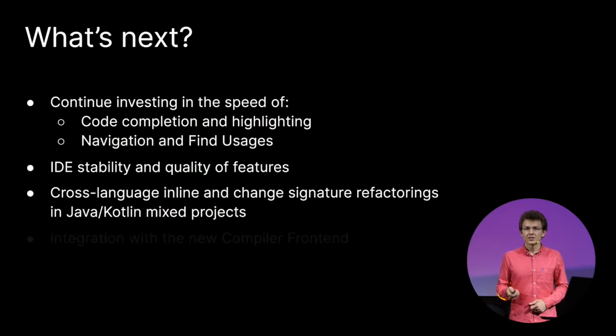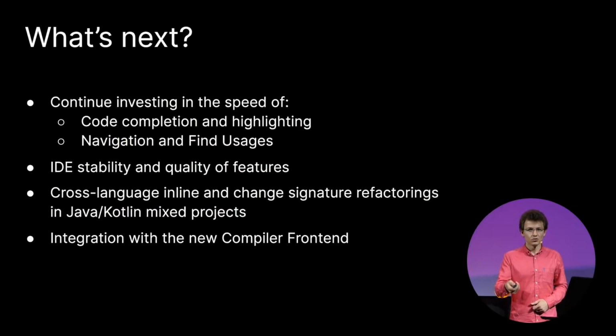You have probably already heard about the development of the new compiler plugin, new compiler frontend. One of its advantages is significantly faster compilation. Now, the Kotlin plugin uses the old frontend everywhere, and we are sure that by moving to the new one, the speed of many operations in the IDE will increase. This task itself is not so fast. It will not be completed before the new compiler itself is released, but we are already prototyping and have some